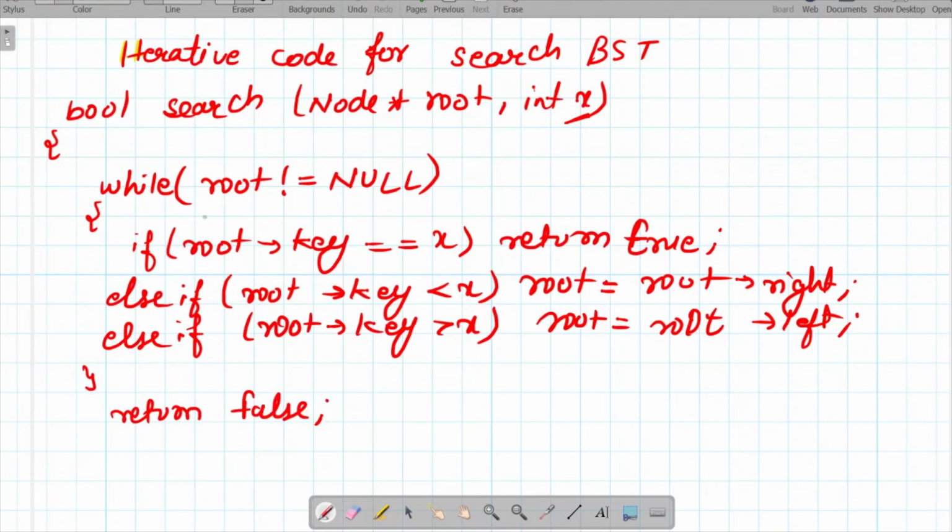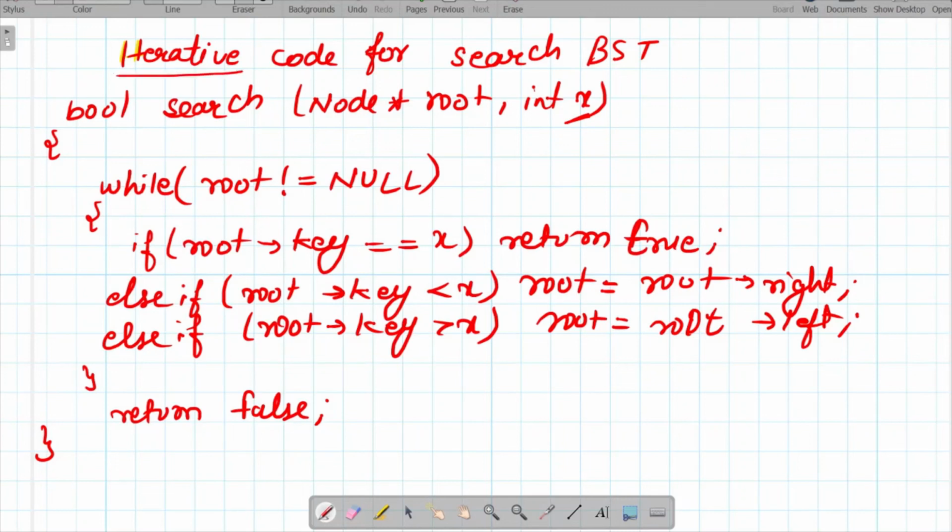At any point of time, if our root value becomes null, we will simply return false. If it is not null, we are going to check these three conditions on every node. If any one of them hits, we are going to perform a loop on that particular node. So this is the iterative code.